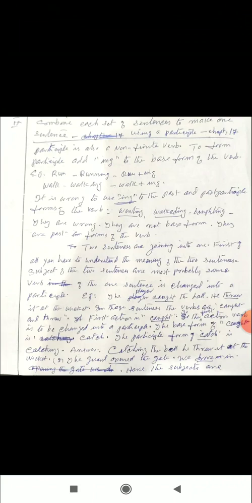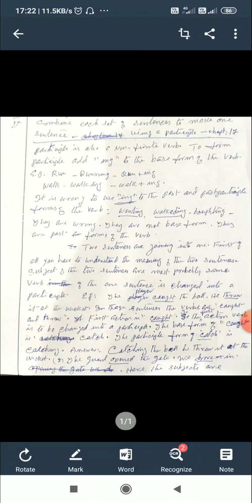This kind of question is asked in the coming semester exam. So I am summarizing once more. To make a participle, add ing to the base verb. Write, writing, run, running, walk, walking, buy, buying, etc. Don't add ing to the past and past participle of the verb. That is wrong.